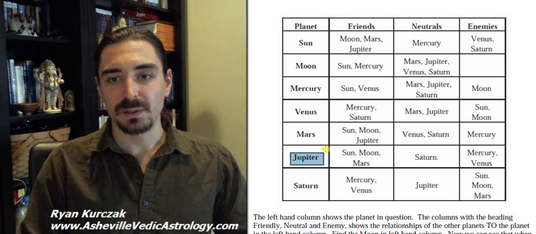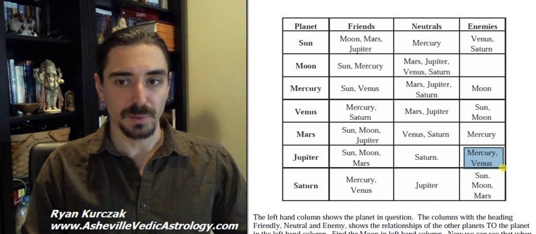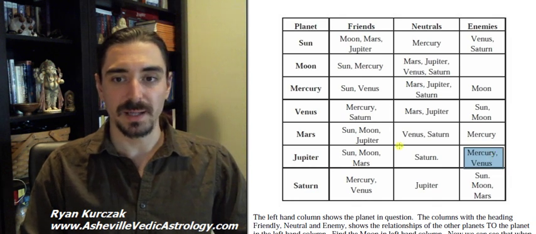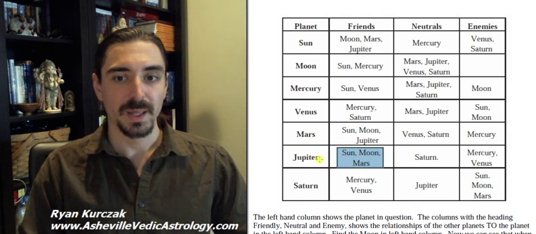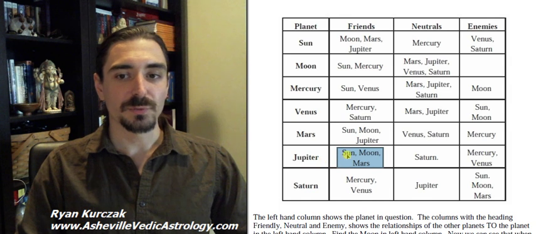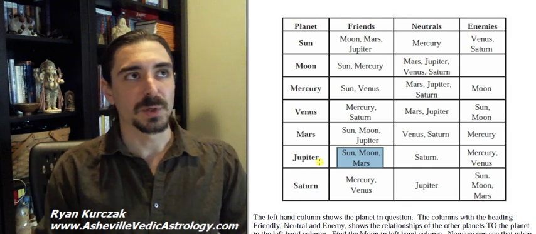But Jupiter dasha works out all right for you in general, because Mercury and Venus might not even be influencing Jupiter, which means its enemies aren't trying to tear it down. But maybe there's a powerful impact of the Sun and Moon and Mars aspecting this Jupiter, which means that Jupiter's friends, the Sun, Moon, and Mars, are going to help to uplift that aspect of your career. And if Jupiter rules the 10th house, then that would mean you're probably